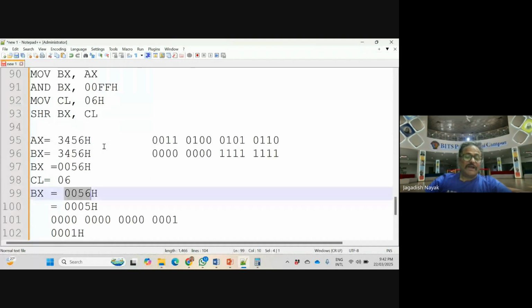Now you know what will happen when you shift four times. You know that one nibble will go, the lowermost nibble will go and the uppermost nibble will have 0000. So then definitely you get 0005 here. Now put it in binary if you want to see exactly what's going to happen, right? So you will get